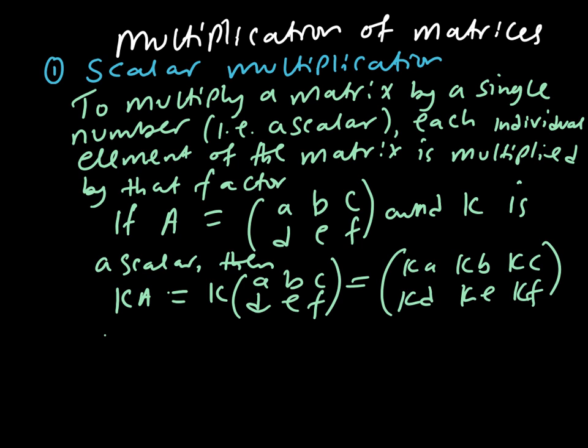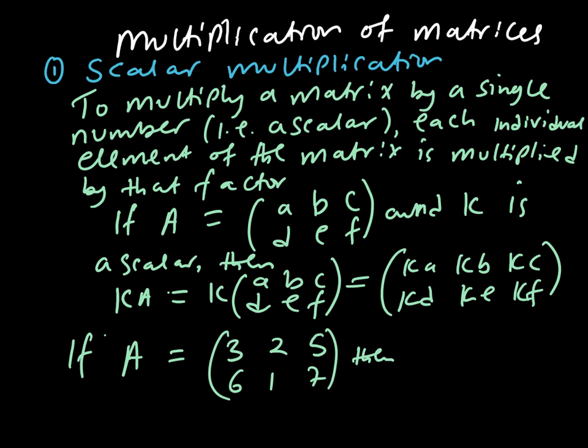That's what we mean by scalar multiplication: multiplying a matrix by a real number. Now, if A equals 3, 2, 5, 6, 1, 7,